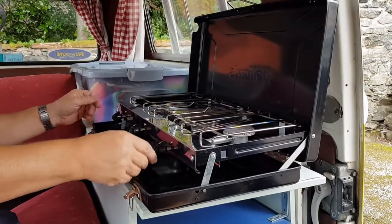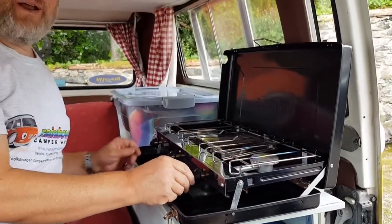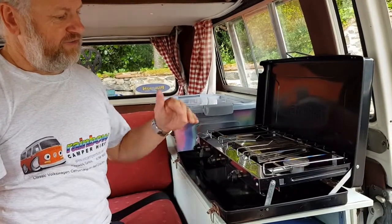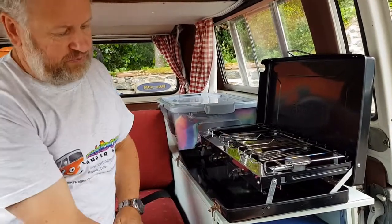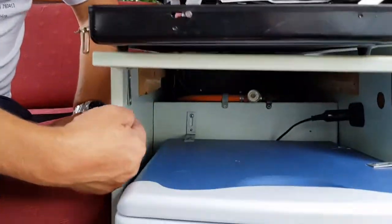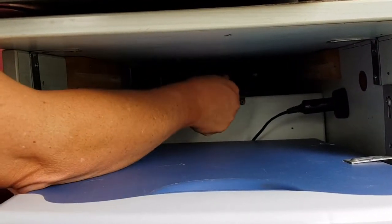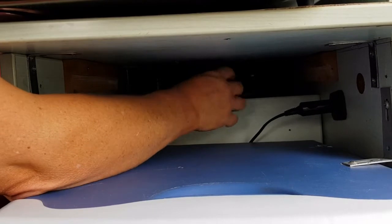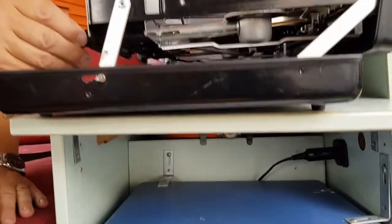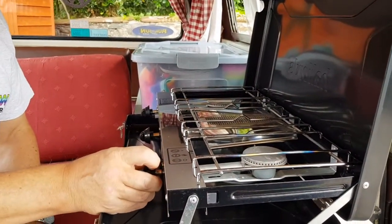Now again, for safety, it's very often that we have small 6-year-old boys sitting here playing with the gas taps while they're going along, so we don't want gas in the van. And there's a safety shut-off valve tucked away above the cool box here. So underneath the cooker, just at the back here, we've got this little brass valve. And if you just open that up anti-clockwise, as far as it'll go. Now when we turn the gas on, press in, turn round, give it a click,